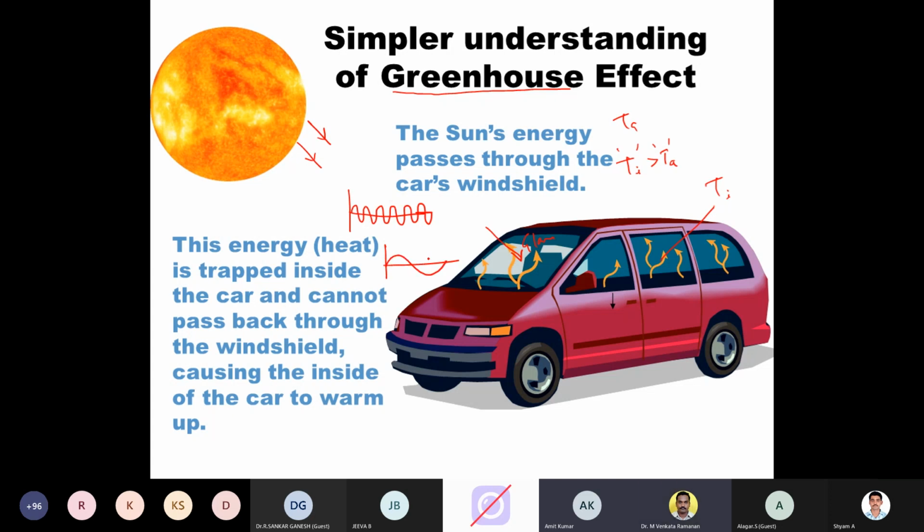The same period of time, if this is called T, it will become a long wave. The long wave will not have the energy to overcome the glass layer. It will get trapped inside. It will be re-reflected back. As a result, the interiors of the car will become warmer. Hence, the interior of the car will be at a higher temperature as compared to ambient temperature. I repeat, the waves, whatever we have from the sun,